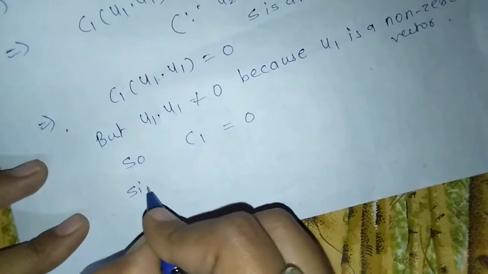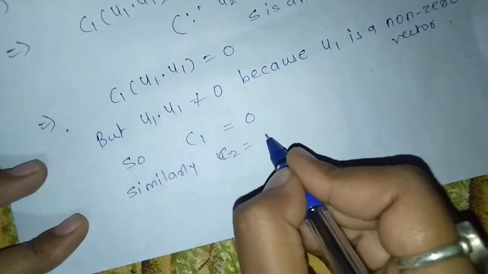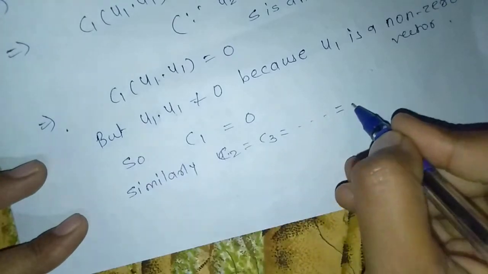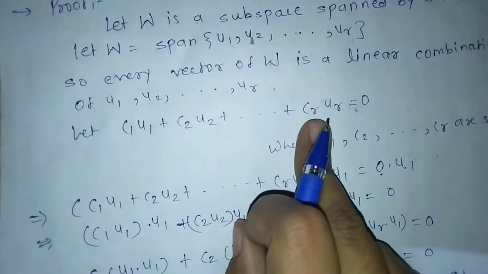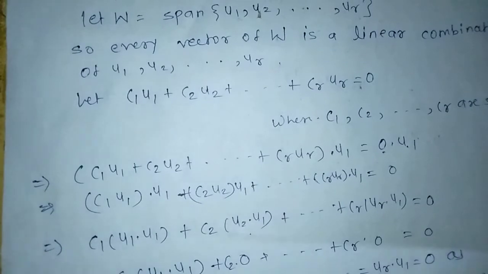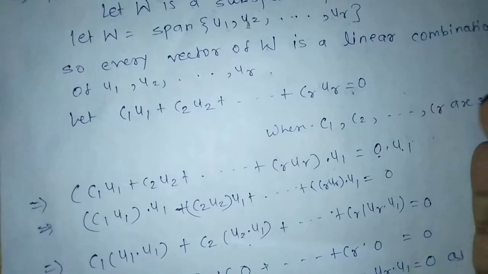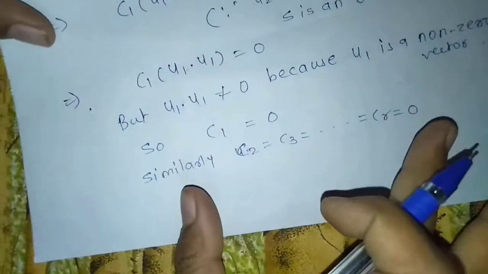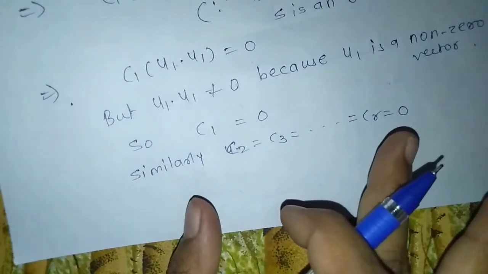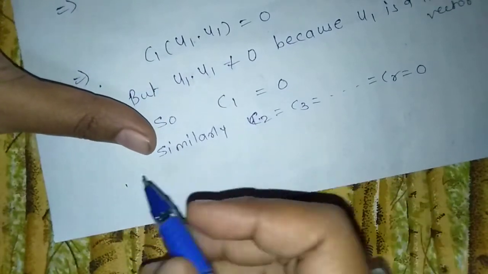Similarly we can show that C2 is equal to C3 is equal to and so on CR is equal to 0. How? जसं C1 ला आपण 0 कसं शो केलं, U1 ने याला मल्टिप्लाय केलं ह्या इक्वेशनला. C2 जेव्हा तुम्हाला 0 दाखवायचं असेल तर ह्या इक्वेशनला तुम्ही U2 ने मल्टिप्लाय करायचं. सिमिलरली फॉर CR UR ने मल्टिप्लाय करायचं. Thus here we get all these scalars equal to 0. So by definition of a linearly independent set, S is linearly independent.